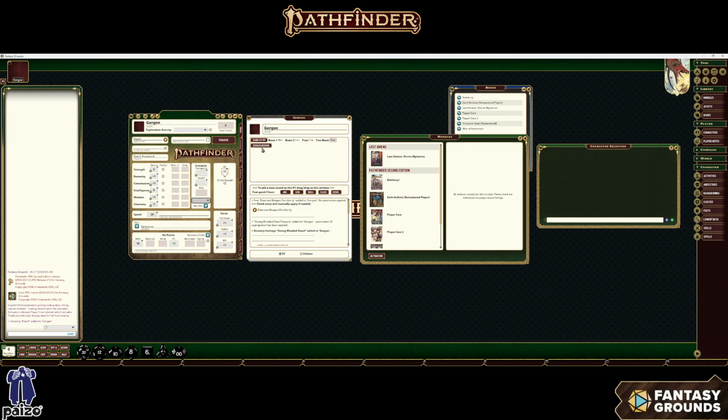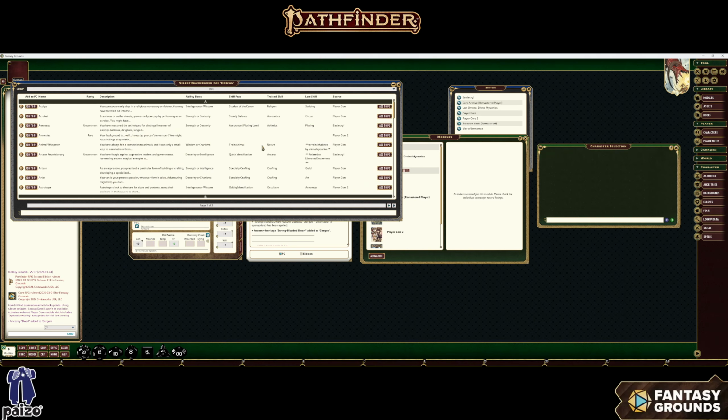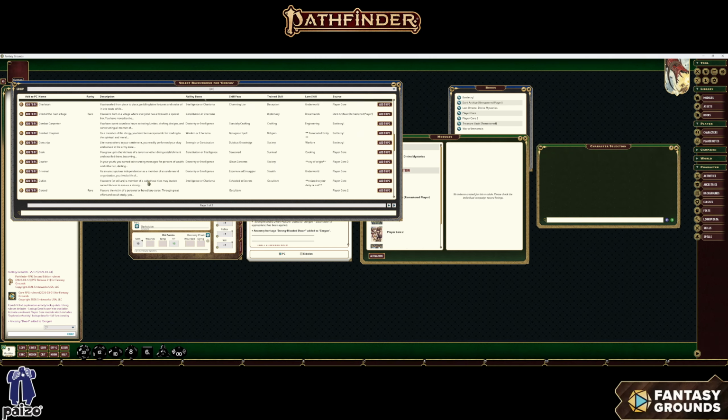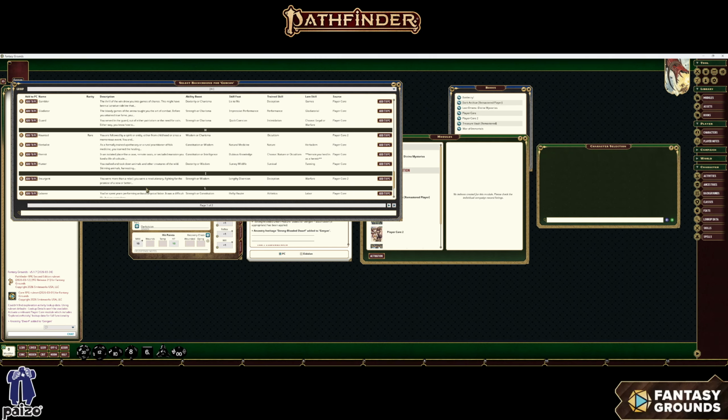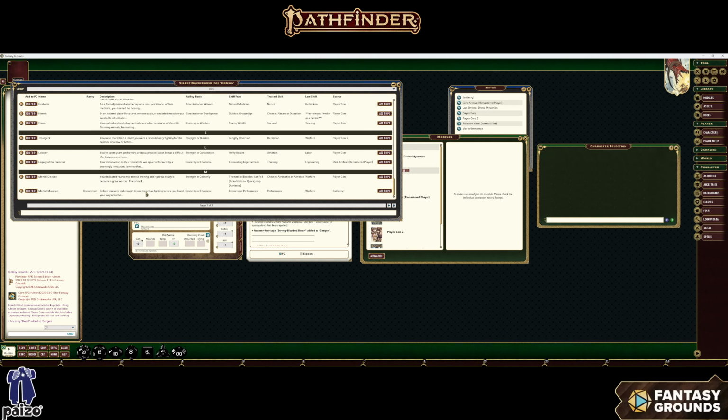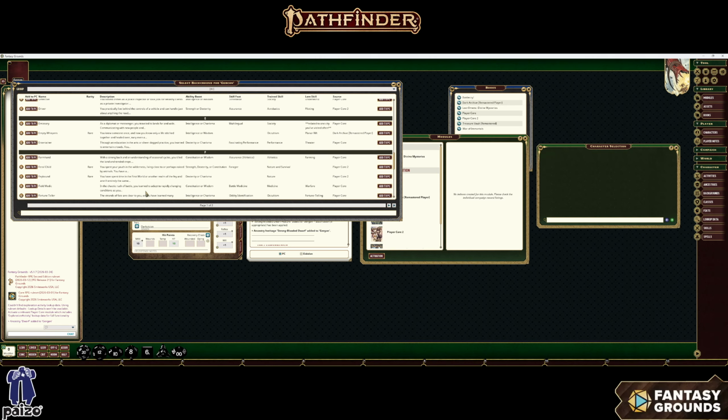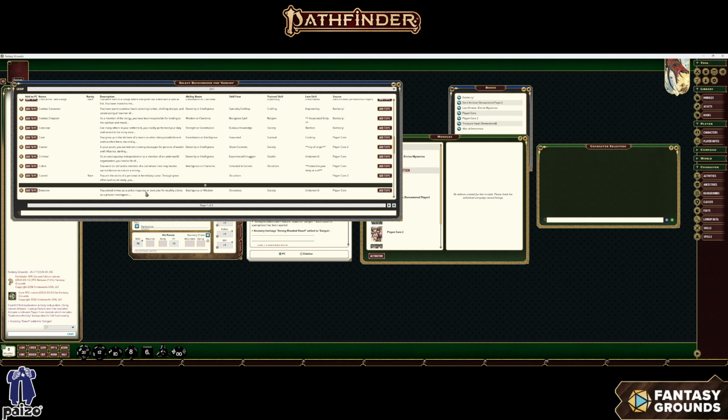We got our ancestry done. We popped down to the background. And again, popping a background, huge list. There are a lot of options here, and you could spend a good amount of time reading through many of these. You can find numerous reasons for just about anything to be added to a character. But I've already decided this guy's got